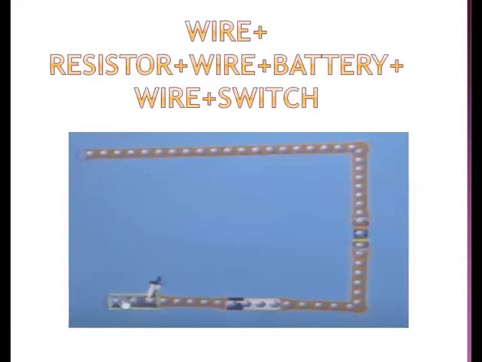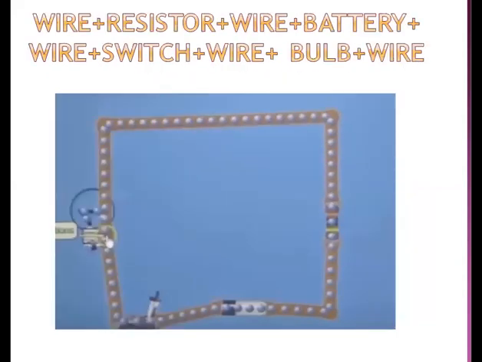Now I am going to add some more wire. Lastly, we will connect a light bulb. So you can see here a light bulb. This light bulb is like your home, where the water finally reaches and is put to functional use. So even in this case, the charges or the current reach the bulb and it is put to functional use.